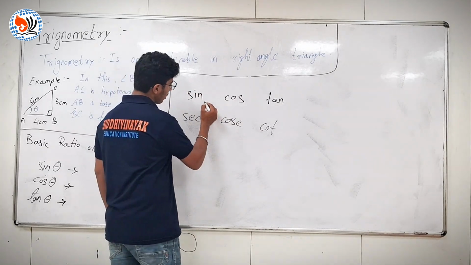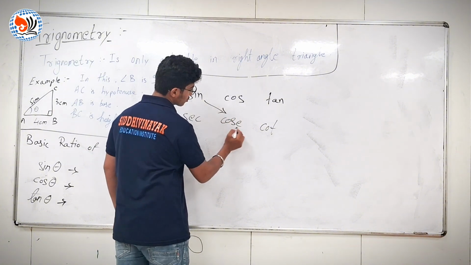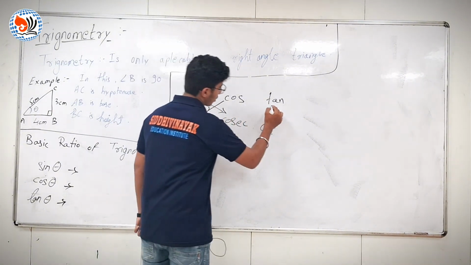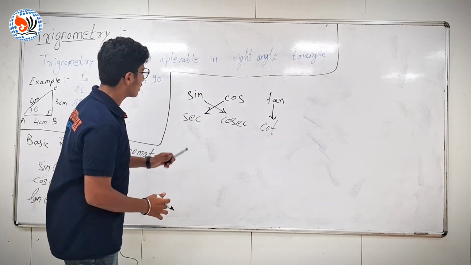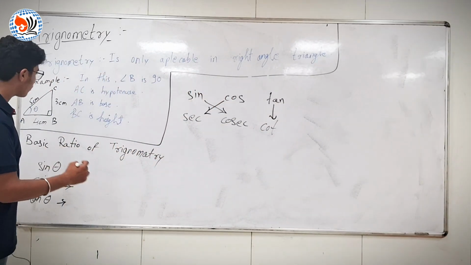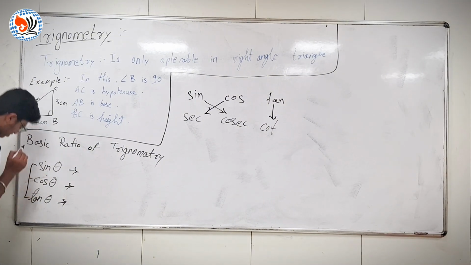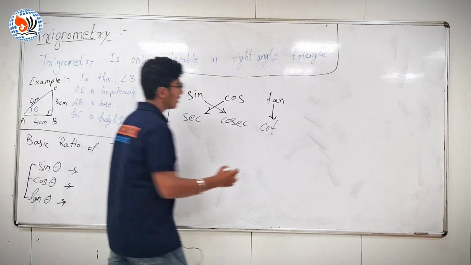Now sine is the reciprocal of cosec, and cos is the reciprocal of sec. Cot is the reciprocal of tan. In this example, we have to put our three main ratios: sine, cos, tan. Now I have to get this theta. First of all, the main formula of sine is